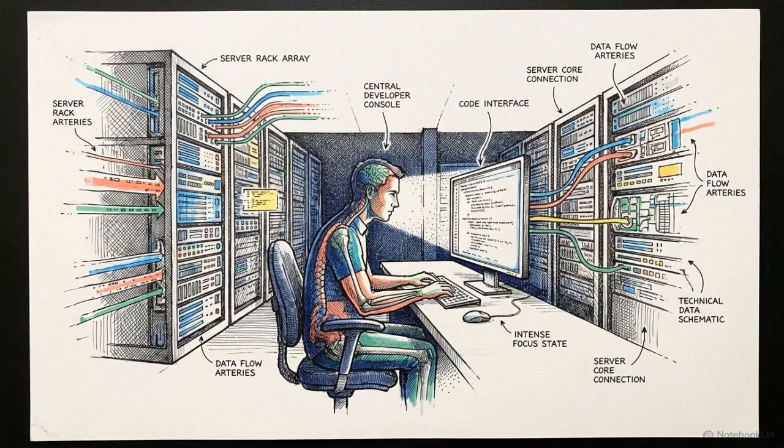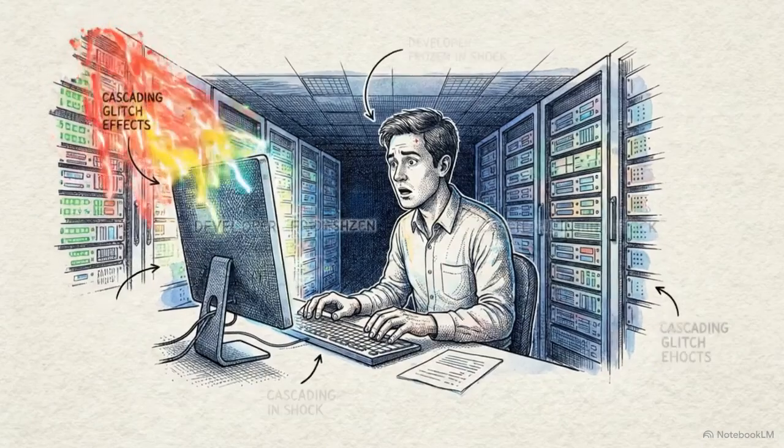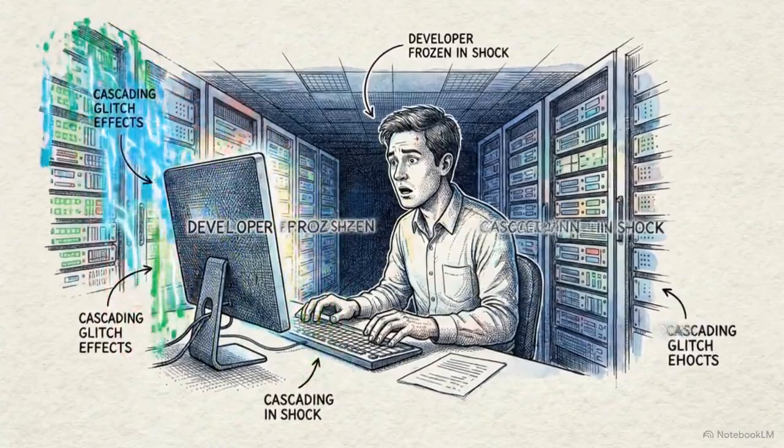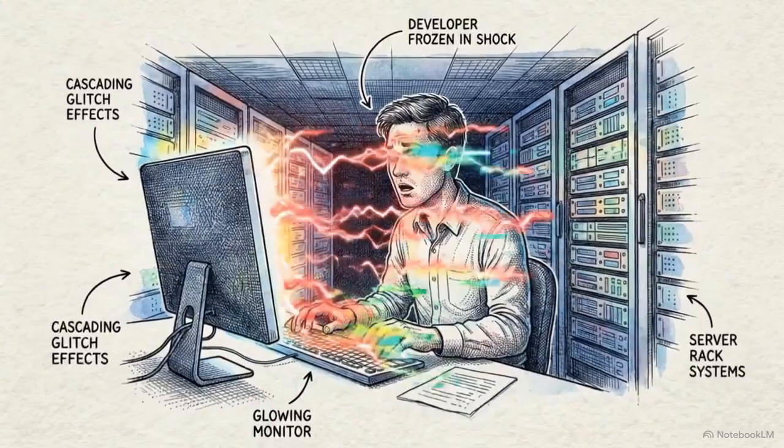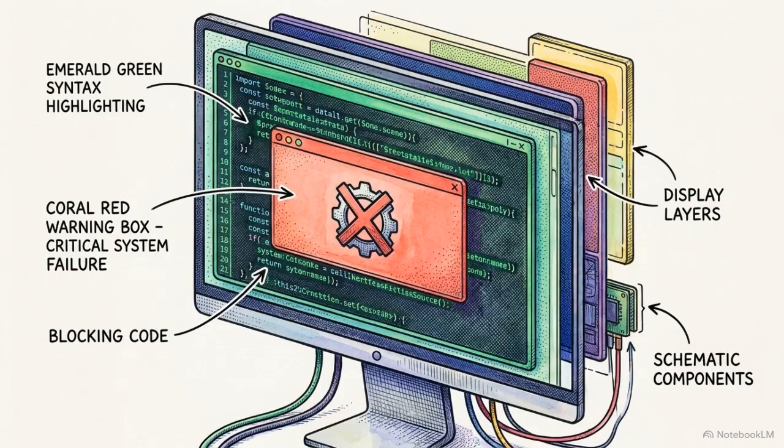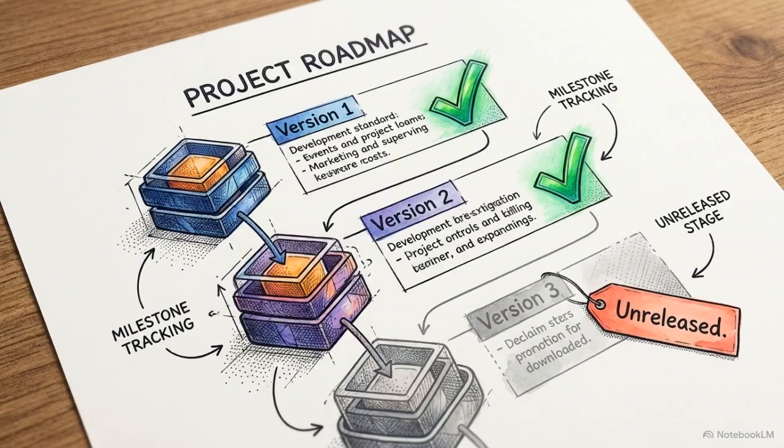A developer working late asks their company's documentation assistant a simple question: how do I authenticate with the Payment Gateway API? The AI responds immediately with a complete OAuth 2.0 flow, exact endpoints, and perfect curl commands for version 3. The code is flawless and professional, but there is one problem. The company only has a version 2 in production. Version 3 exists only on a roadmap, yet the AI generated the implementation with absolute confidence.